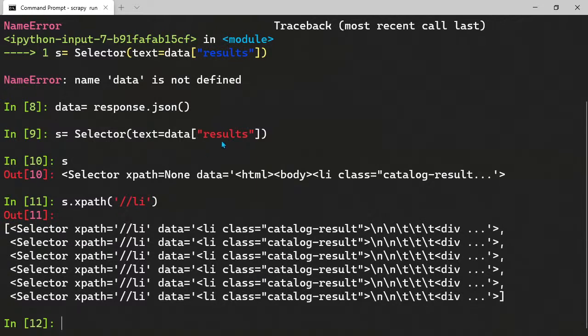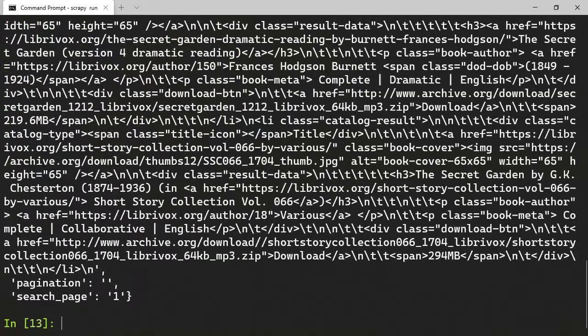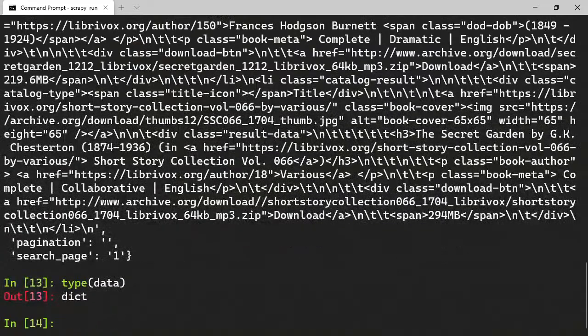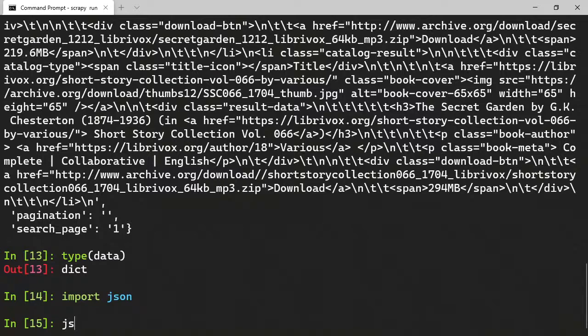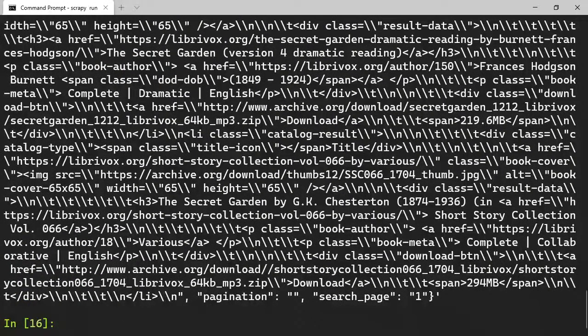And if you want to have a proper structure, then what you can do is take this data, which contains the actual data. If you look at the type of data, it's a dictionary. So we can import json, and then call json.dumps, s for string. This will convert this dictionary into a string, and then we can open a temporary file. So with open,